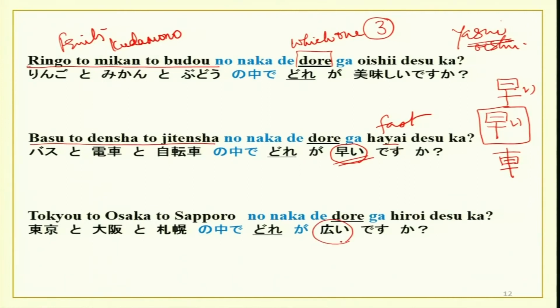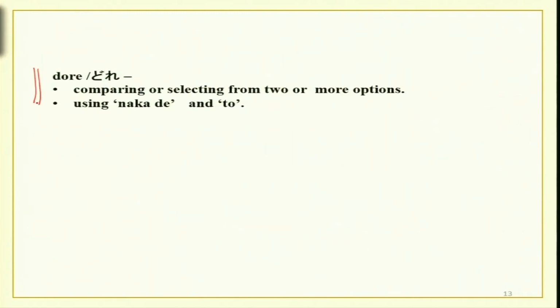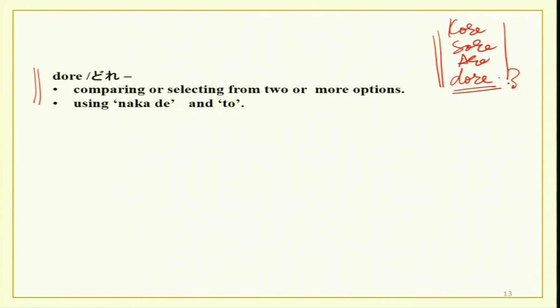Hiroi. We also did hiroi last time. Daijoubu desu ka? Mou ne wakaru to omoimasu when you compare three things. Now, there was this noun or question word dore. Dore is from the series kore, sore, are and dore. So, used for things. And how will you see? Comparing or selecting from two or more options,